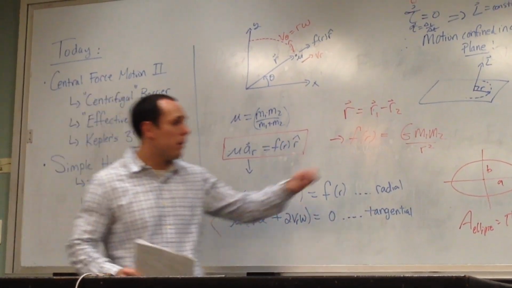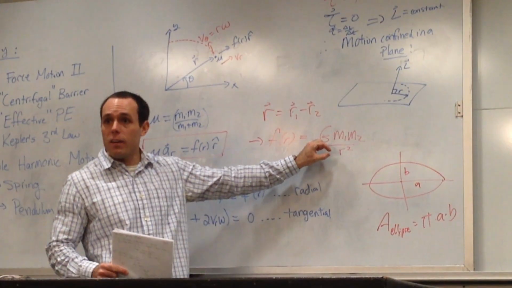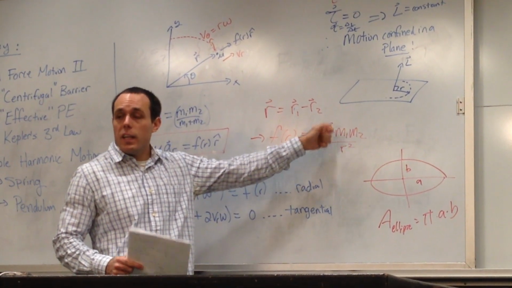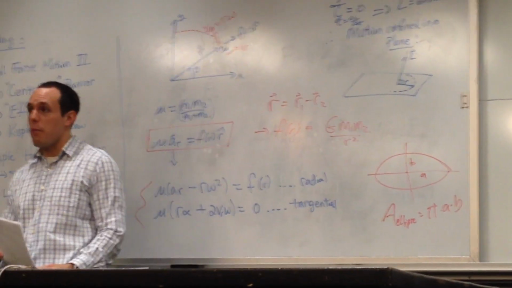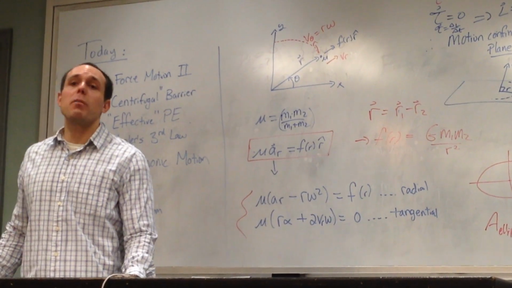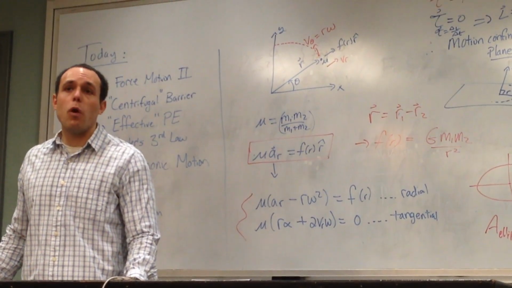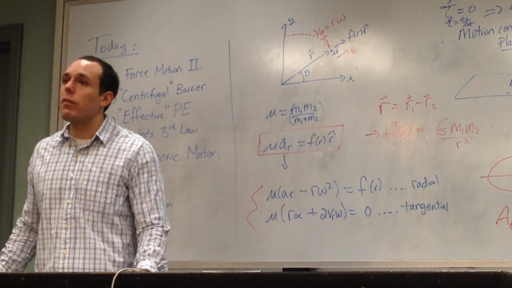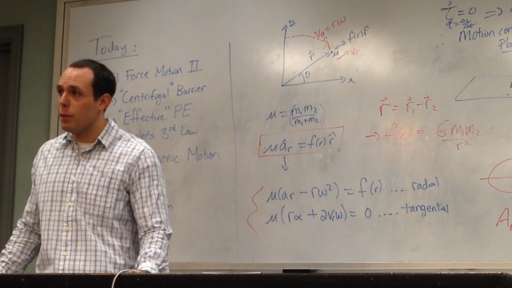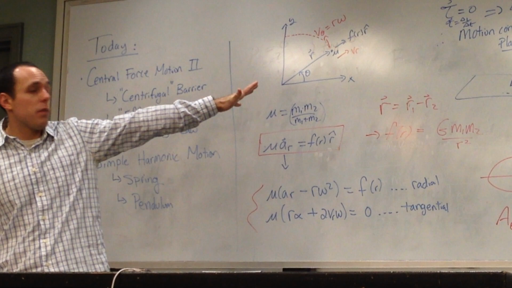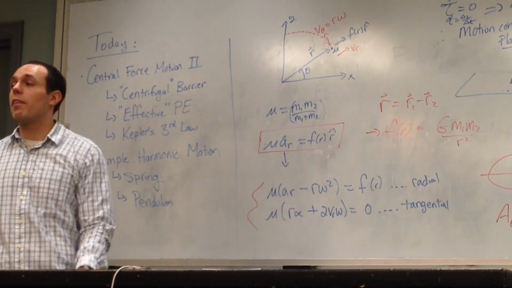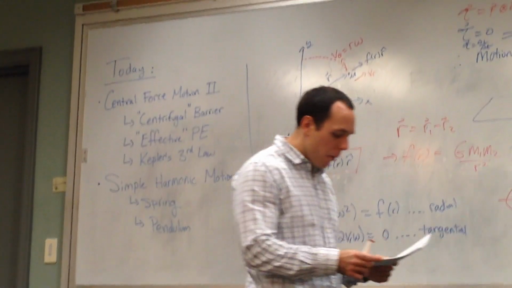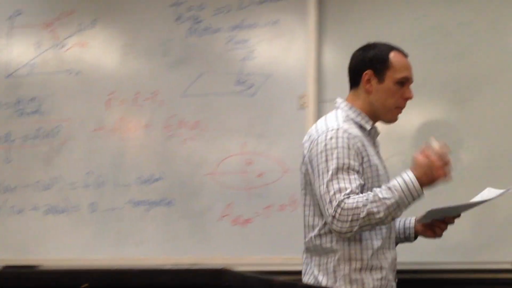Contrast that to closest approach. Now r squared is smaller. A smaller number in the denominator makes the magnitude higher, and thus that's related to ma, and thus there's a greater amount of acceleration, and the orbital velocity of the planet is faster. So everything about Kepler's second law can clearly be seen through reduced mass or just through the general idea of Newton's force equation. But now what I want to do is talk about